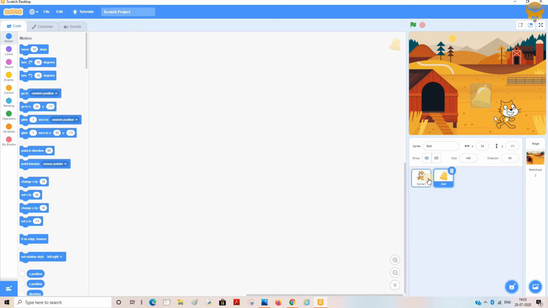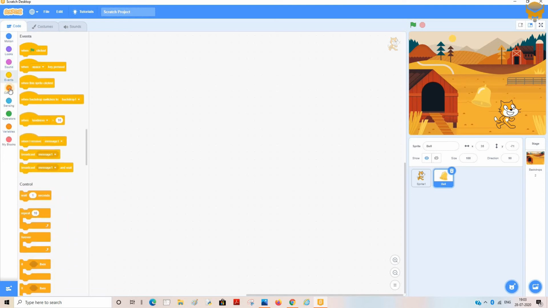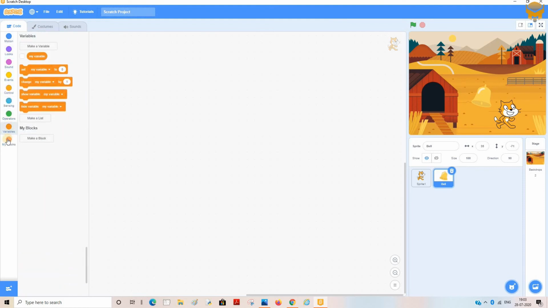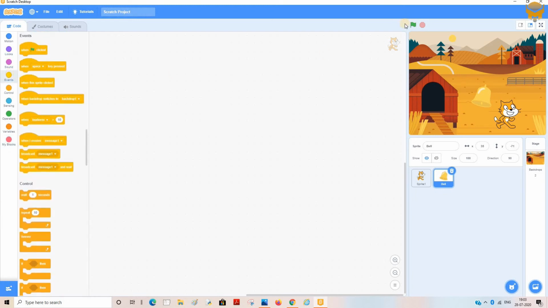Now whatever program you want to write in this, you can write by making use of these blocks available on the left hand side. These blocks are categorized in various categories like motion, looks, sound, events, control, sensing, operators and variables. You can also make up your own blocks using make a block option. We can also add more extensions by clicking on add extension button over here. So the program starts when we click on the green flag and ends when we click on the red button. If you want to start the animation when the green flag is clicked, the first block that you want to put down in your sprite is called when green flag clicked.